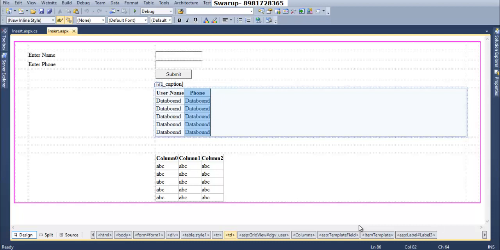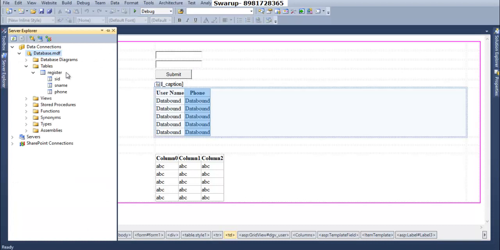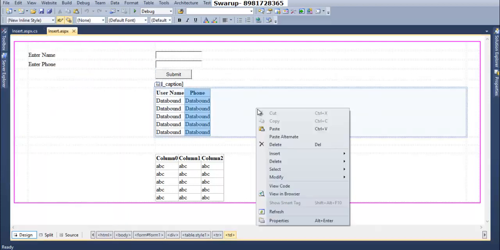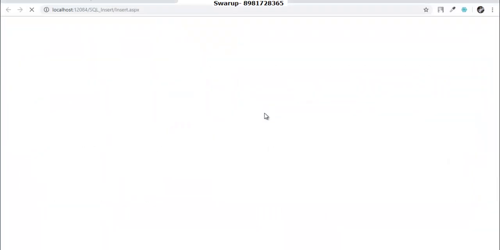Hello friends, in this video series I'm going to show you how you can show data to the client by fetching the records from an existing database which has a table. In the first video you already saw how I was inserting records in my SQL Server. There is a database called database and there was a table called register, and these are the following attributes. Now, if I execute this particular page once more in view in browser, you will be able to